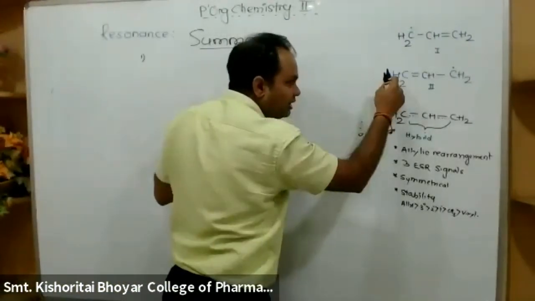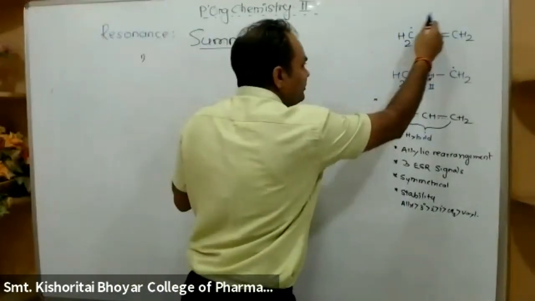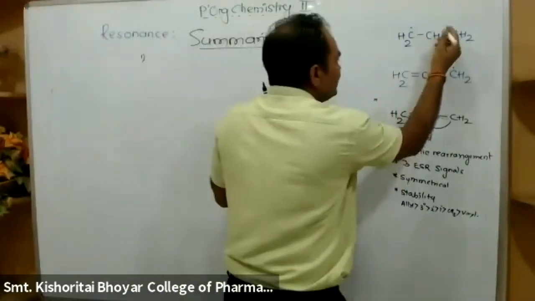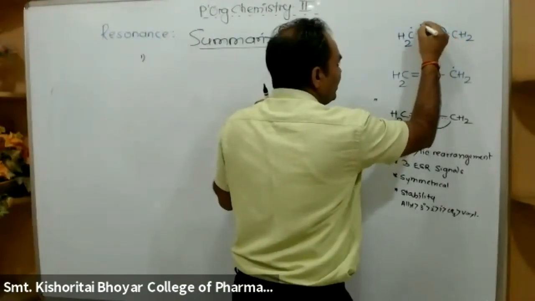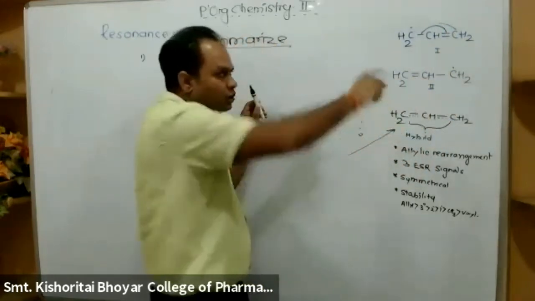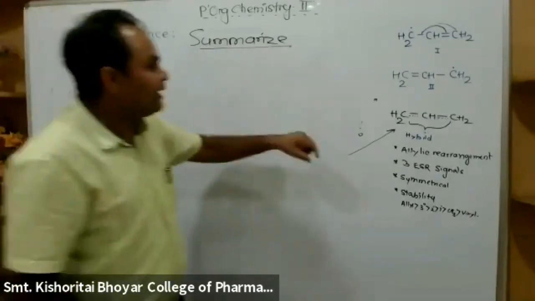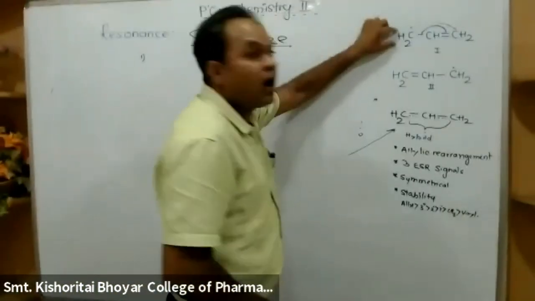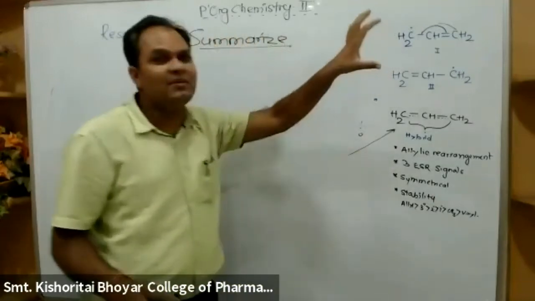Two different structures. These structures form due to the shifting of pi electron. Okay. See, due to the shifting of pi electron means अगर मान लो ये pi electron shift हो गया, then you will get the radical here. You will get a 2, means 1 is converted into the 2 or 2 is converted into the 1 due to the shifting of pi electron. Then again, all the resulting structures, all contributing structures, all canonical structures are imaginary ones.